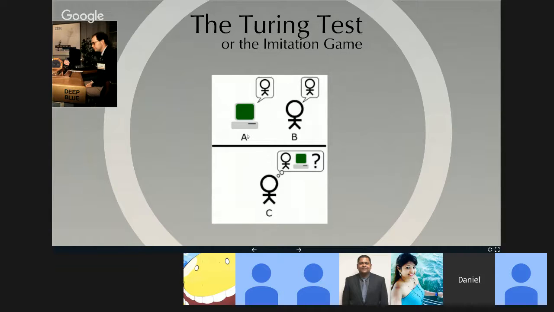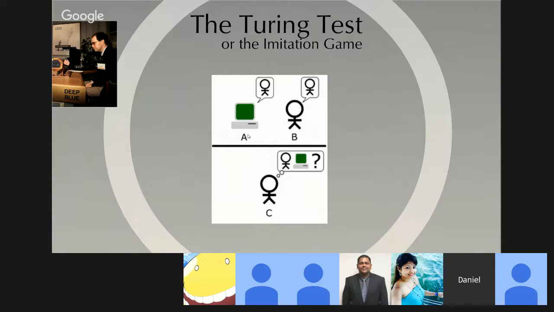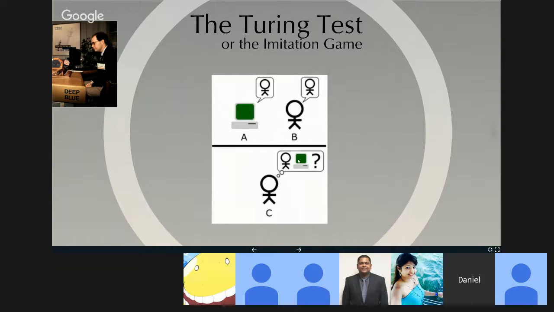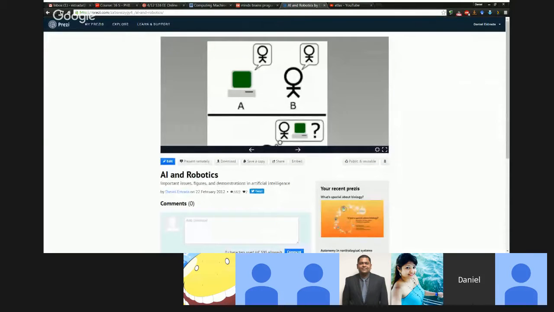In other words, what Turing is setting as the criteria for intelligence here, right, the answer to the question, can machines think, is settled by indistinguishability from human behavior. If the machine can behave enough like a human, then we should consider it intelligent, just like we consider other humans intelligent. After all, if a human does something intelligent, it's on the basis of their behavior that we judge them to be intelligent. So if a machine can do the same behavior, if a machine can perform in the same way as a human, then by fairness, we have to judge the machine to be intelligent. In fact, this is Turing's position. Let me write this down just because it's important.